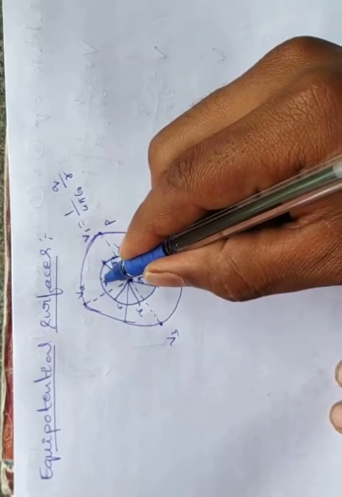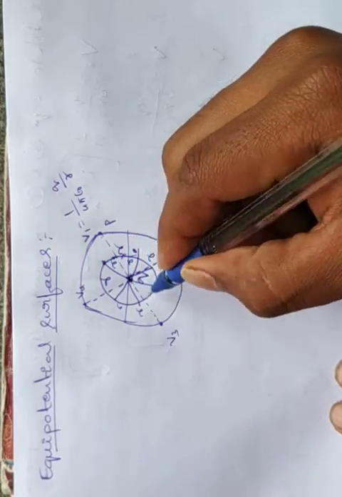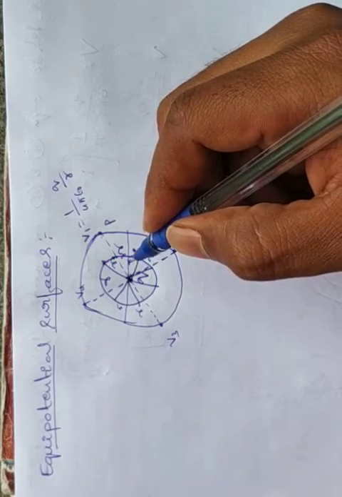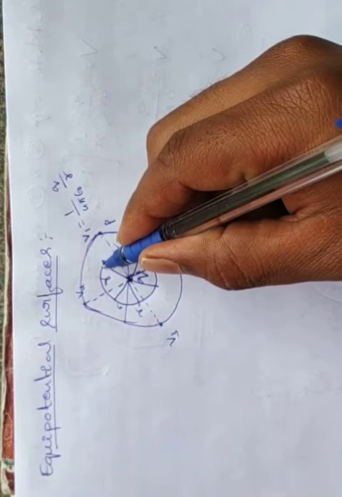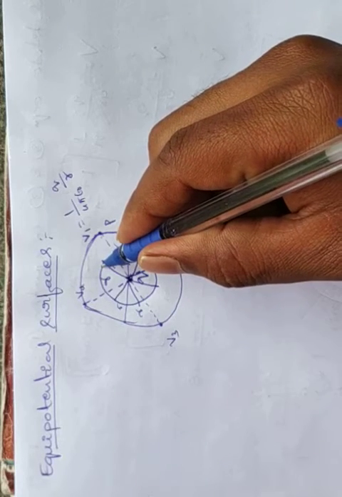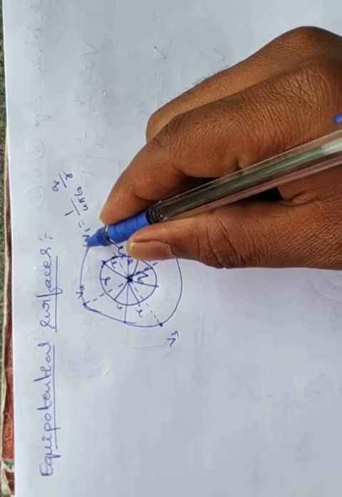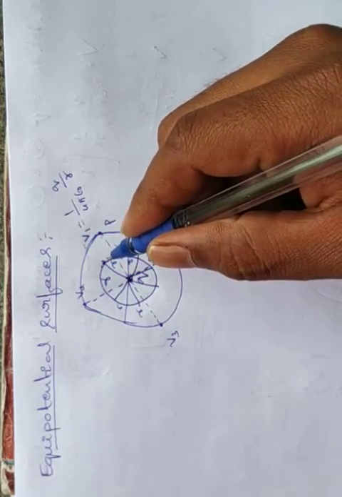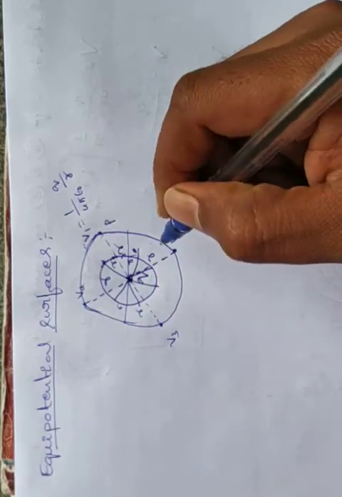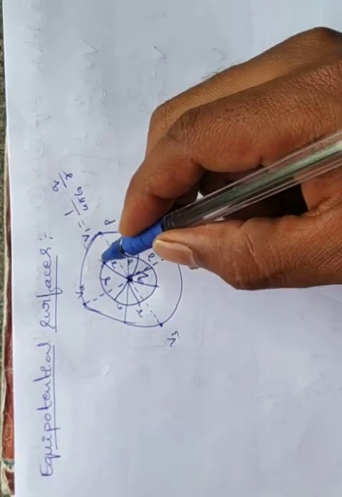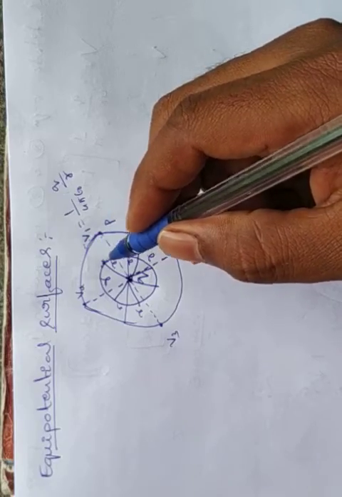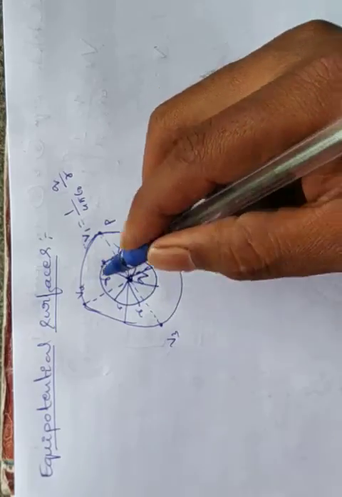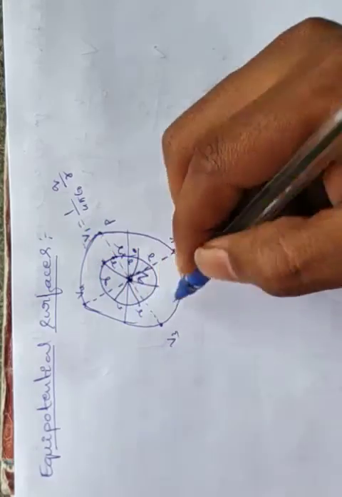See, on whatever surface or circle I have drawn here, if we measure the potential we get the same potential. So this is also an equipotential surface, and this is also an equipotential surface. On this surface you can measure anywhere and the potential is the same. But between this surface and that surface, it is not the same potential.